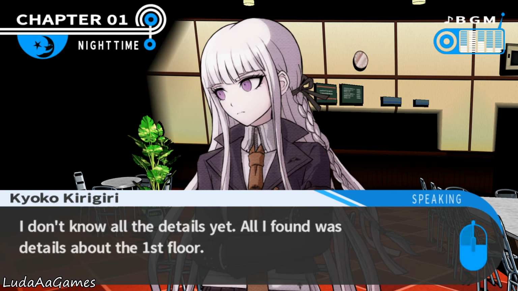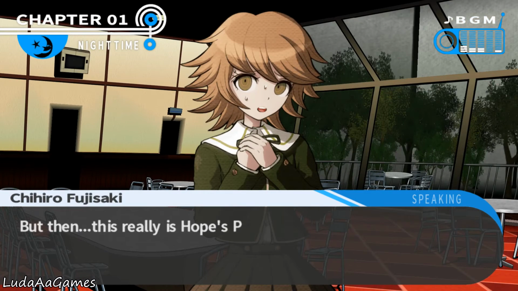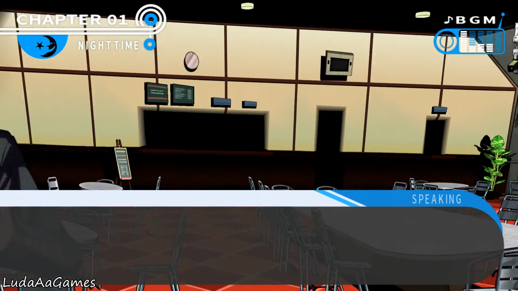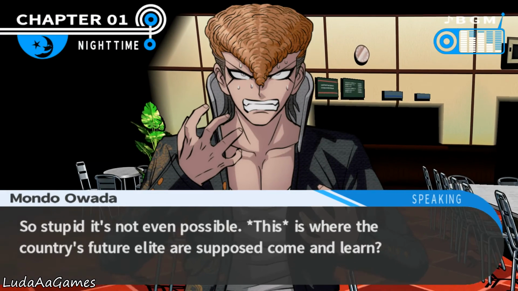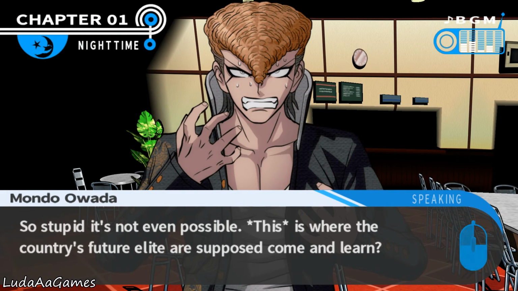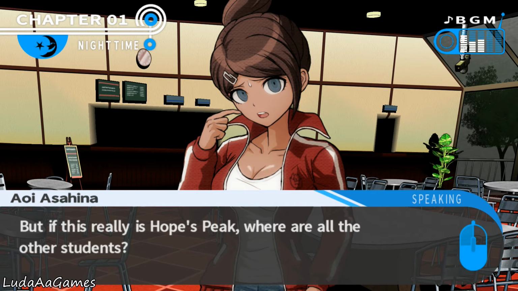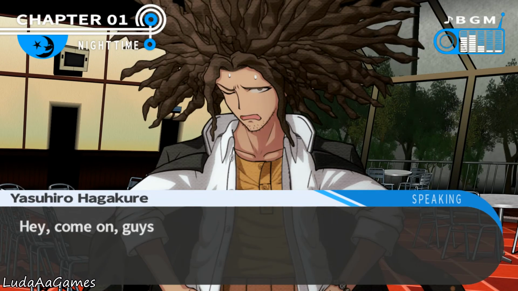All I found was details about the first floor. But then... this really is Hope's Peak. We didn't get kidnapped and taken to some other place. So stupid it's not even possible. This is where the country's future elite are supposed to come and learn? But if this really is Hope's Peak, where are all the other students?